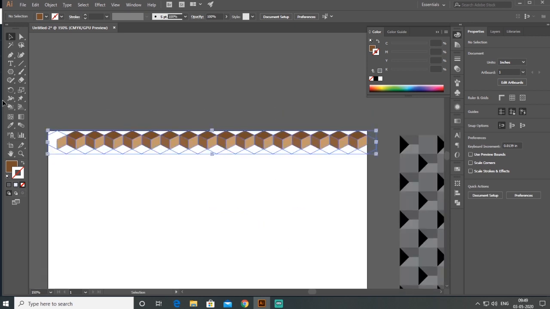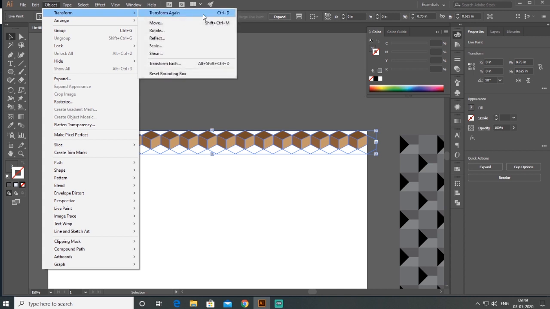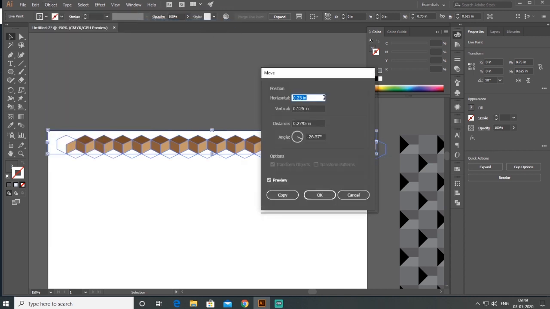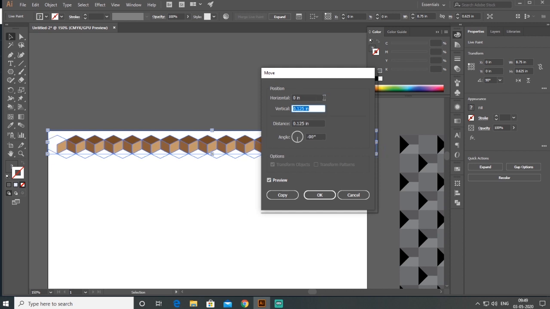So I select all of these, go to Object and Transform, and I want to move this. My horizontal, meaning x-axis, is 0 and y-axis will be 0.5.